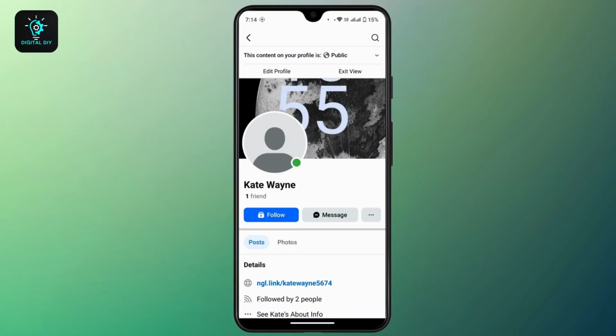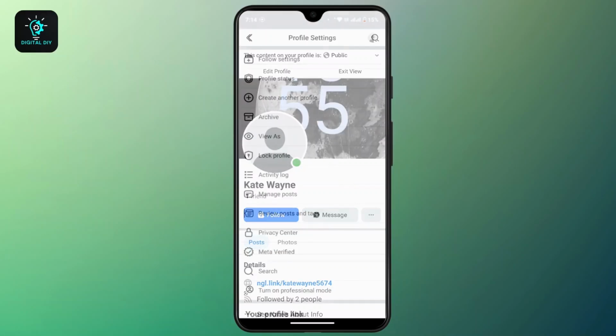And on today's video, we will learn how we can fix the Facebook add friend option missing problem. So without further delay, let's get started. So as you can see on my Facebook profile, when I'm on my view section, there I cannot find the add option under my profile. Now, in order to fix that, what you have to do is you have to go